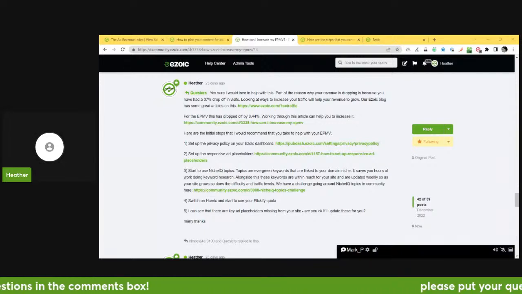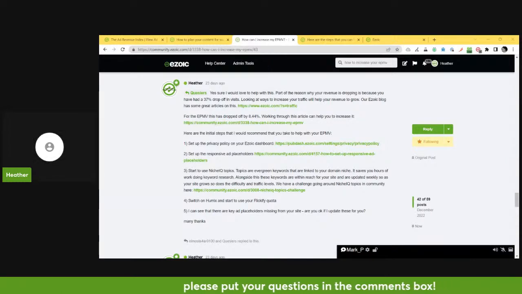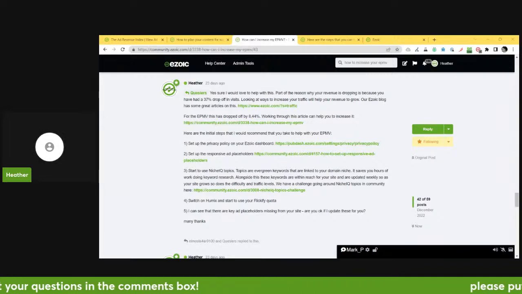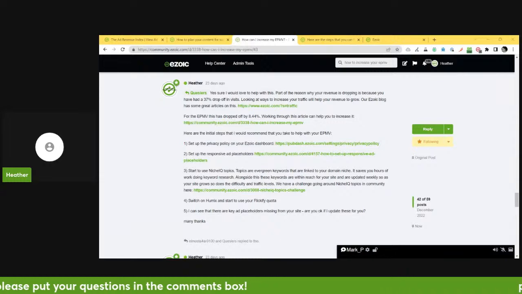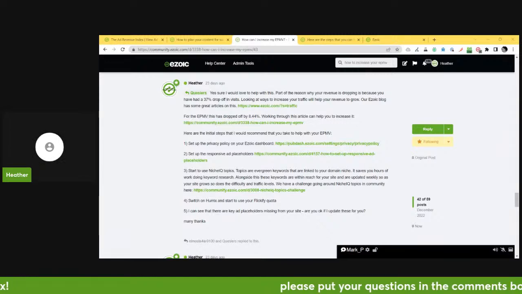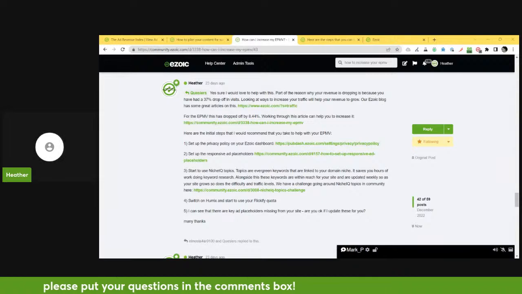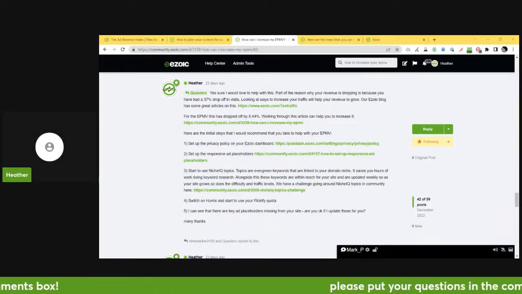So No Aim, No Shame has said, any stats on how adblock affects earnings? Does Ezoic plan to make an anti-adblock plugin or something similar? So this is a really interesting one. If you're in the technology niche, the volume of ad blockers that your readers will be using is a lot higher compared to, say, someone in the food niche, and that's just because of the different personality and different ways of using technology. In terms of anti-adblock, there is a technology that we have limited use on.